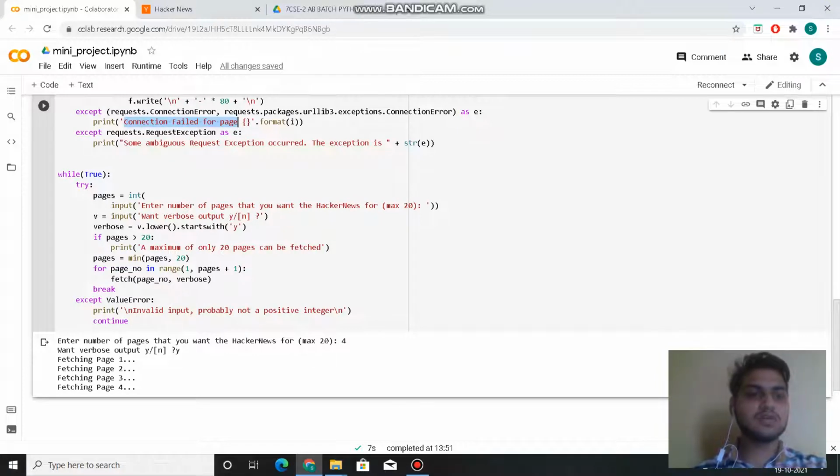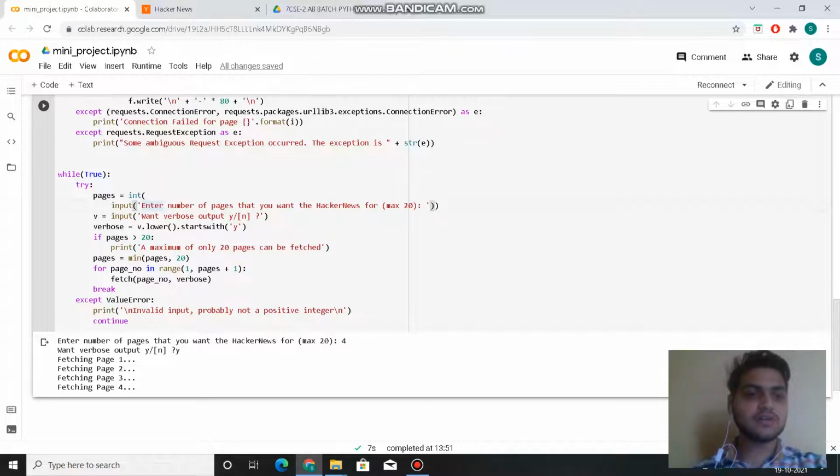In try, the page is an integer; if we enter page -1, that is not valid. If we enter more than 20, then it is also not valid. So it is required that the number of pages you want from Hacker News is a maximum of 20.